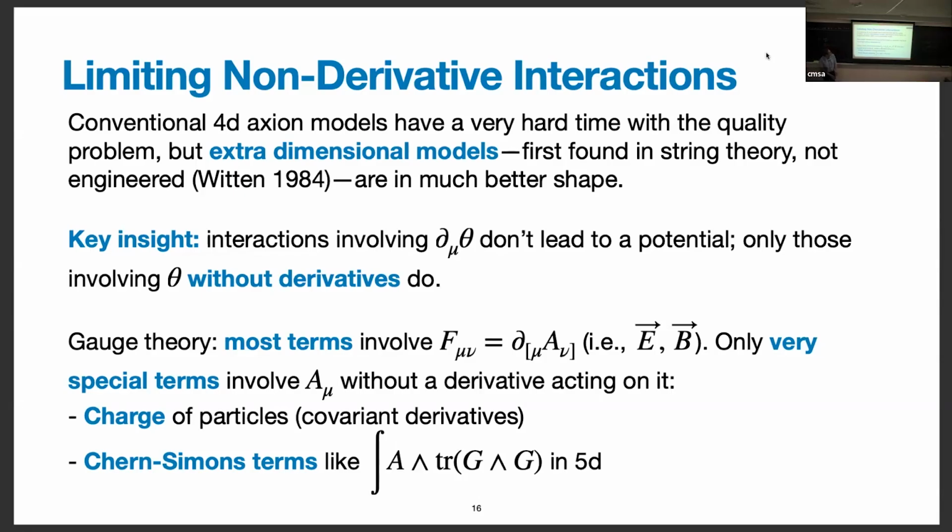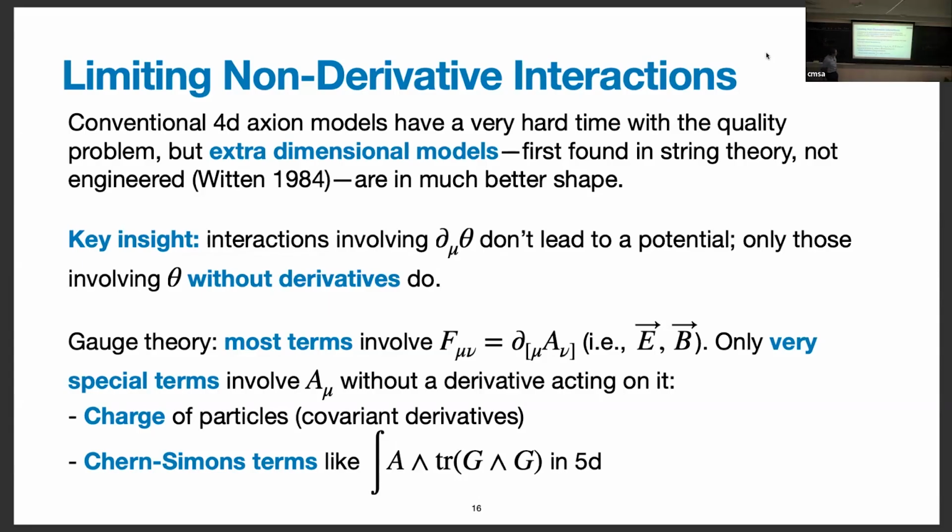And this idea is realized in the context of extra dimensional models, where the axion comes from a higher dimensional gauge theory. These actually go back to fairly early days. Witten in 1984, in one of the very early papers on superstring theory, observed that you have generalized gauge fields in string theory that can play the role of axions. It took much longer for this idea to filter down to the phenomenological axion literature, but it's there very early on in the string theory literature.